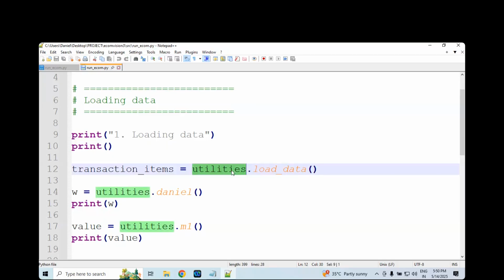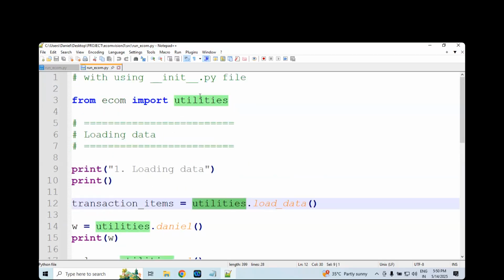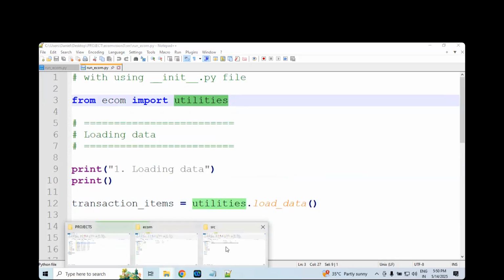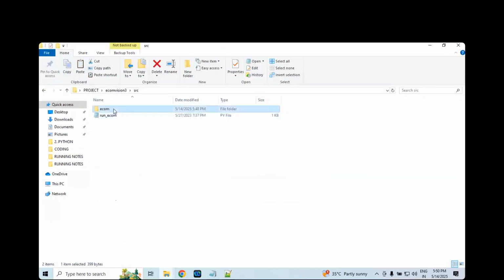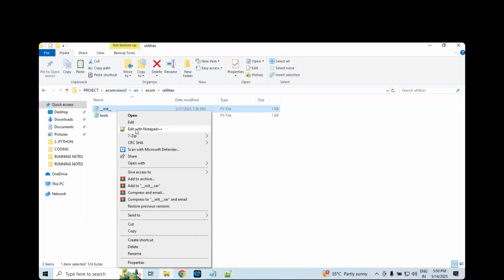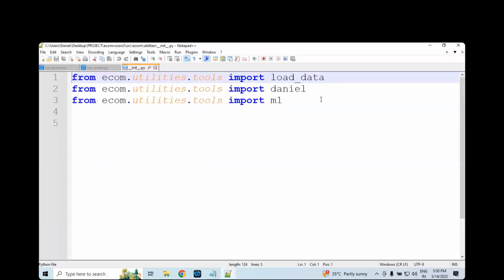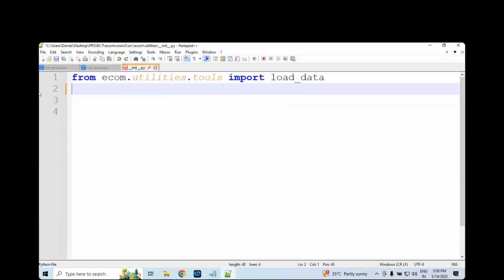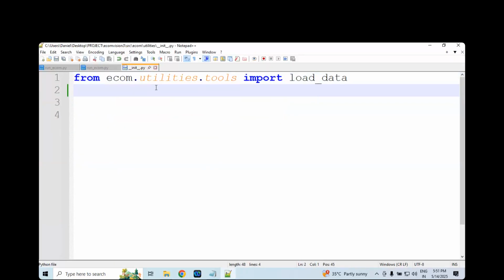Utilities. Let's open utilities. Okay, hold on. Just try to come to ECOMVISION 3. Open utilities. Inside utilities, the init file would be there. Open this file. This is really a great idea. Make a note on this one. Perfect actually. Inside utilities, the init file would be there, and what exactly we are doing is